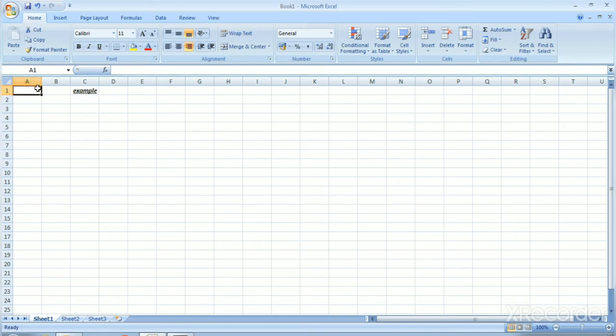A denotes the column name and 1 shows the row number. Suppose we click on C5. C denotes the column name and 5 shows the row number, and the middle and right side part is to write the formula or it shows the content of your cell.